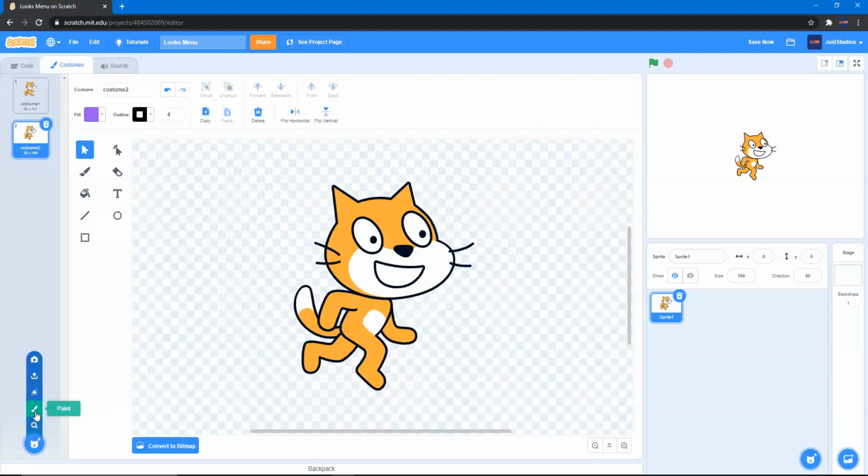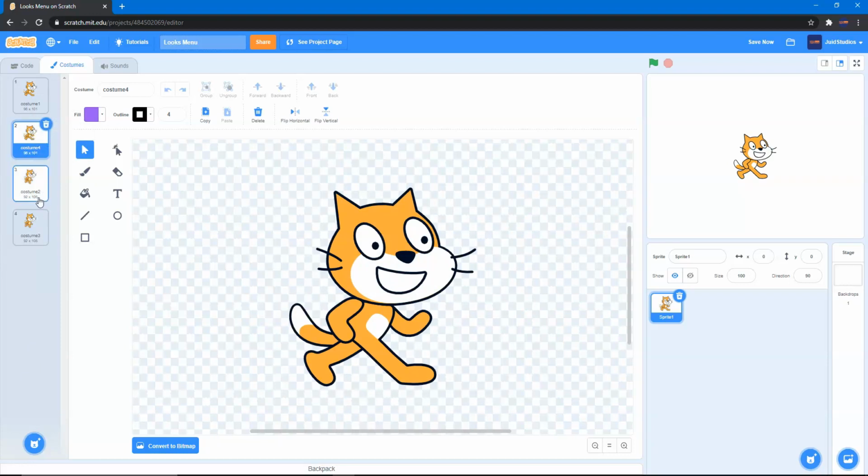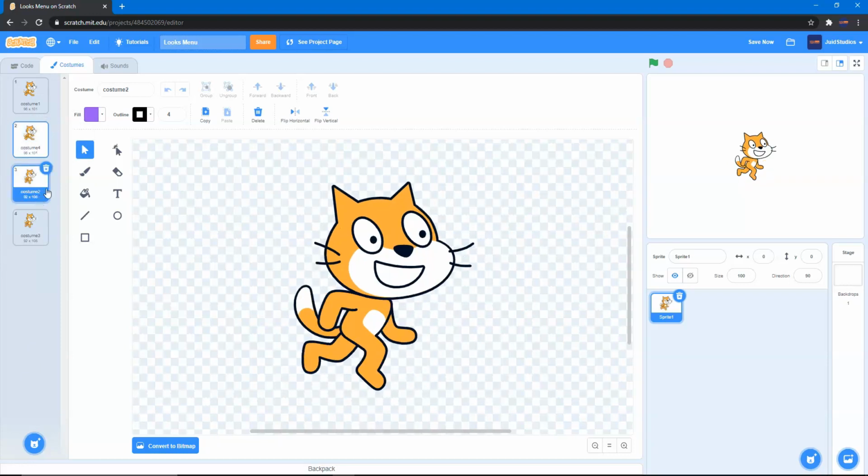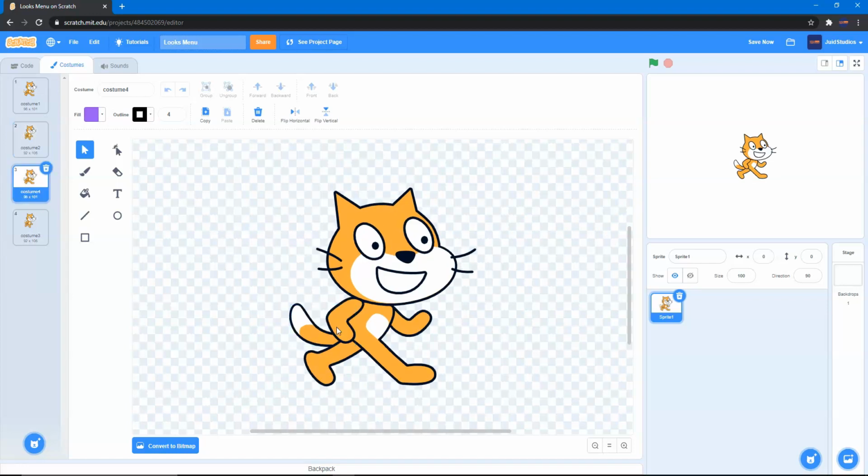Let's add a few more. Let's copy, duplicate each one. Okay. So let's have costume number 2 over here. Costume number like this. So now let's change costume number 4, and maybe